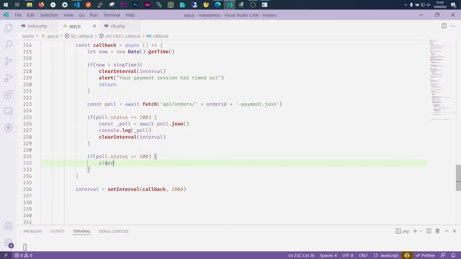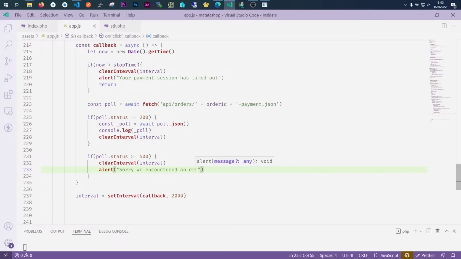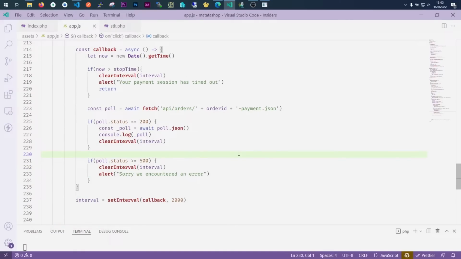And the interval that we want to clear is the interval, and let's alert the customer, sorry, we encountered an error. Awesome. Now we have our callback, which is executing and is looking for this specific file,